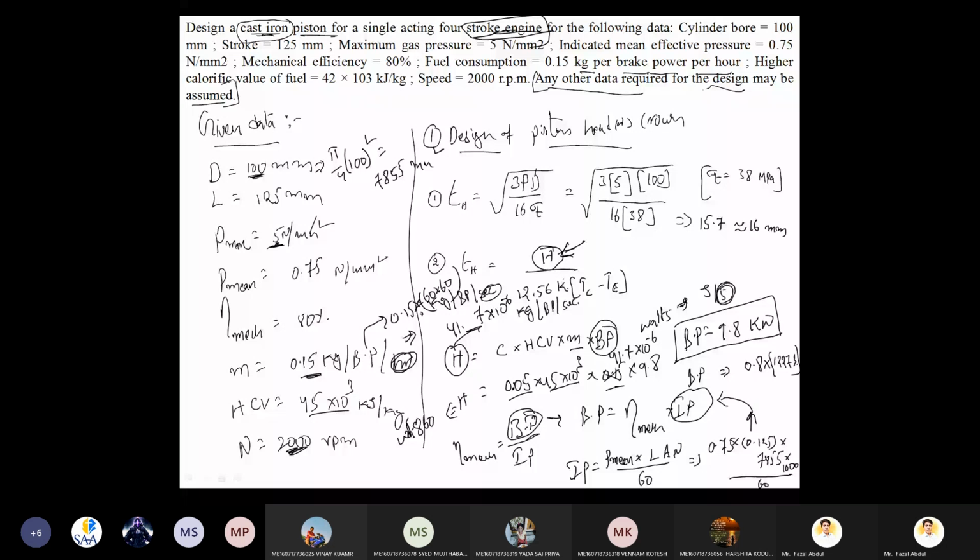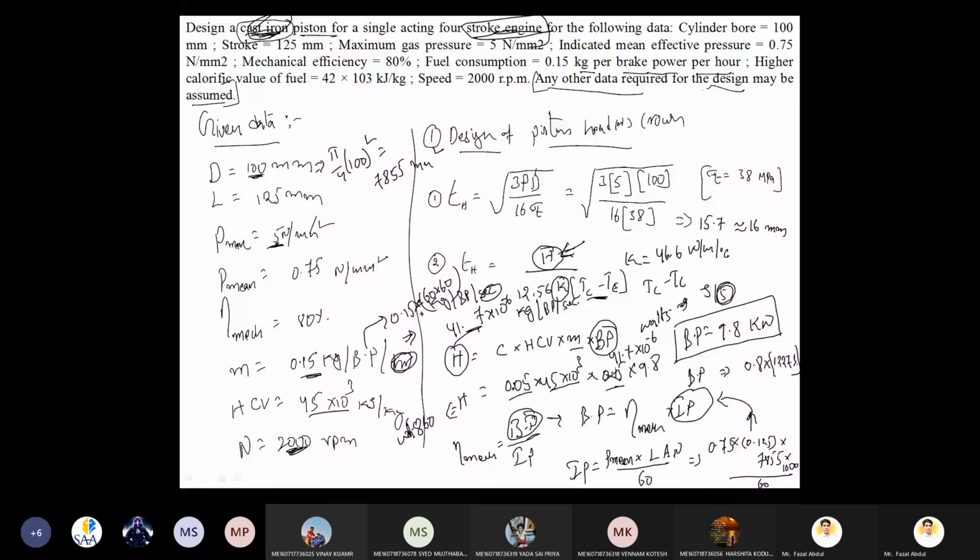Now K value, thermal conductivity value. So thermal conductivity value, how much? Here K value, because what type of material is given? Cast iron material is given. So for the cast iron material, the K value is 46.6 watt per meter per degree centigrade. This one we have to select, and Tc minus Te, temperature of the piston at the center and temperature of the piston at the edge. For the cast iron material, Tc minus Te, I said 220 degrees centigrade we need to take.